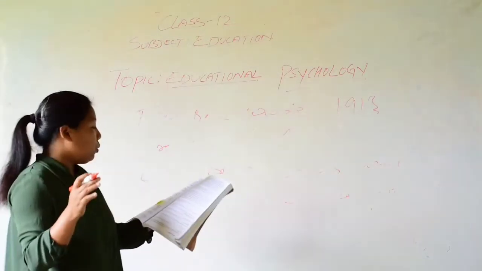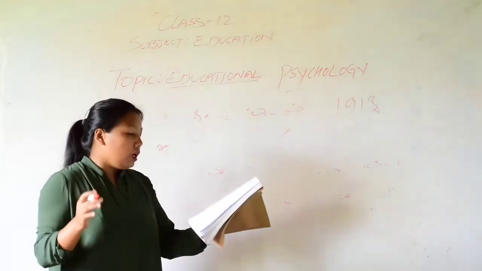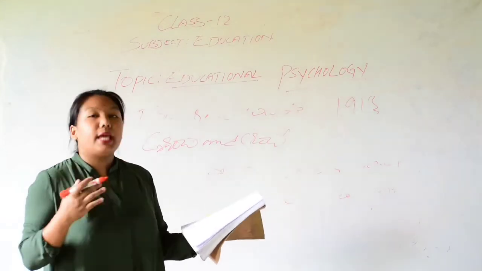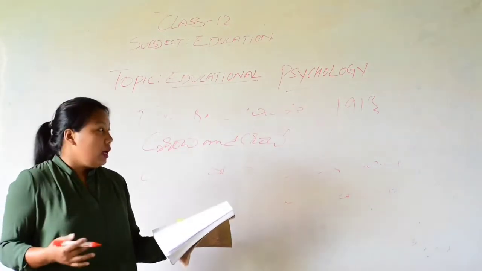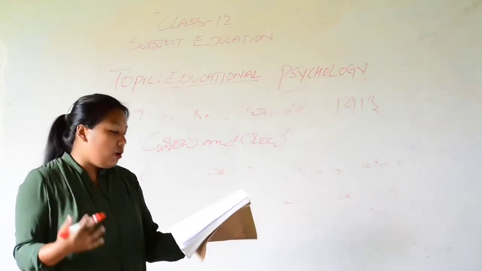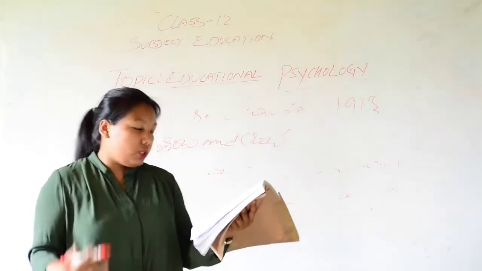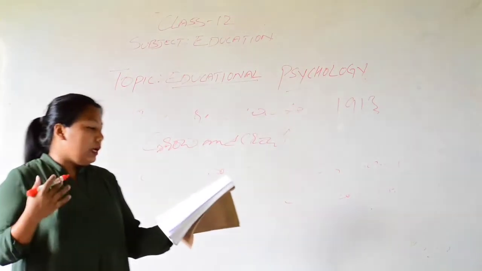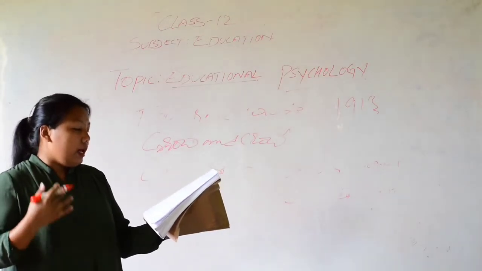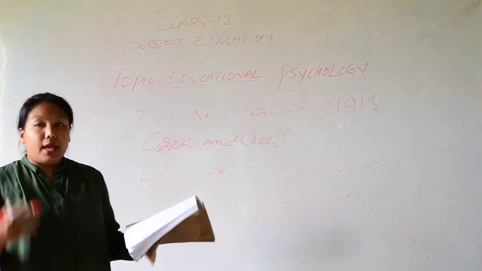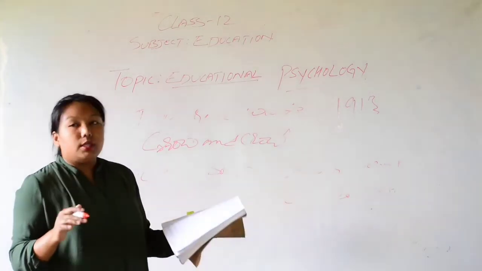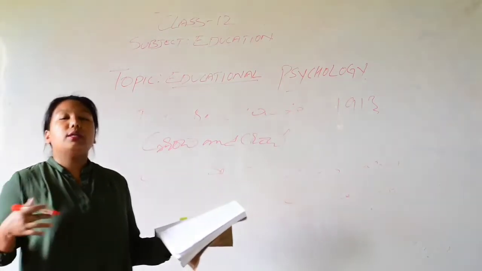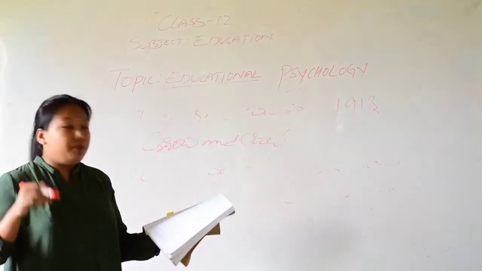Okay, now let us look into some of the definitions of psychology. According to Crow and Crow, psychology is the study of human behavior and human relationship. And another definition given by M.L. Mann is that psychology today concerns itself with scientific investigations of behavior. So the meaning of psychology according to modern psychologists is the scientific study of human behavior.